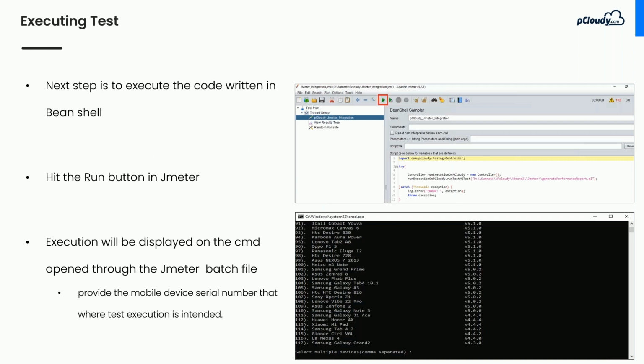Now, if I recapture it, my plugin has a specific connection to the account of pCloudy, and also has defined scripts available. Which means as of now, I have two tests which can be invoked through it. I have a choice of device which I can choose. I can choose ABC at any point of time. I can do it concurrently, but those scripts can run multiple times and with multiple devices in the way we want to run it.